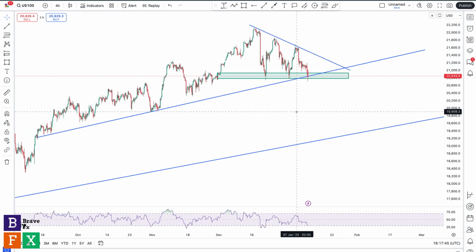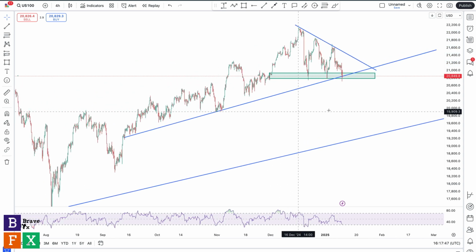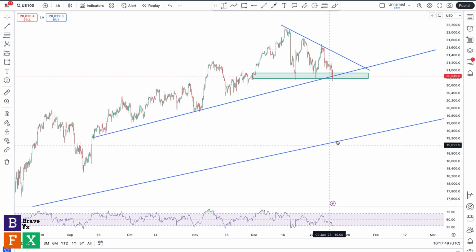Please don't mind the lines. The lines you can see on my screen right now are very important. That's why I'm leaving them. So this one is the long trend line from 2023. This one is the immediate one from current price action. So this is the confluence we currently find ourselves in that's going to determine if we're going to go short